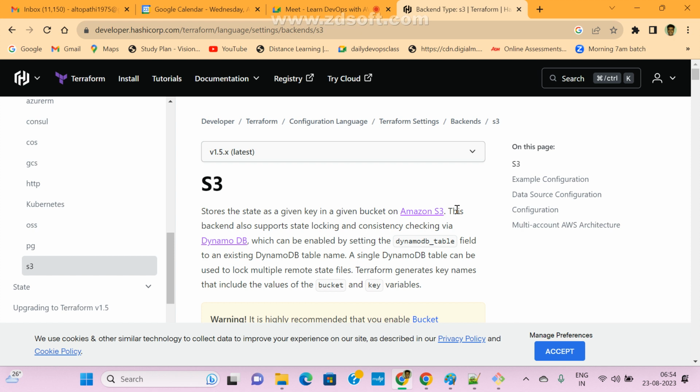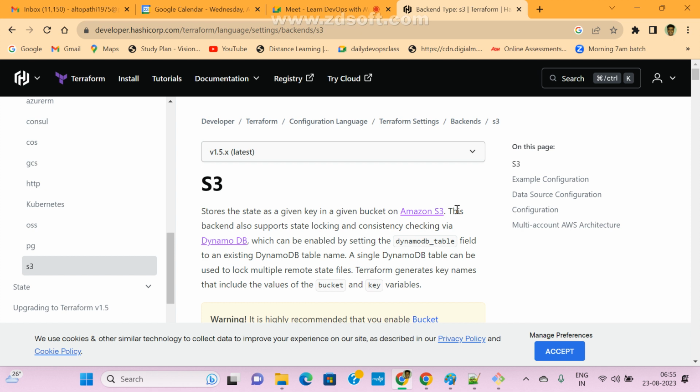So they are asking how we are handling this. For example, we have multiple resources working parallelly on the same Terraform script, and we have a state file, right? How are we handling the state file? We are handling the state file in my bucket, in that specific folder. By default S3 won't support any locking mechanism, and if more than one resource is working at the same time, to configure that we need to